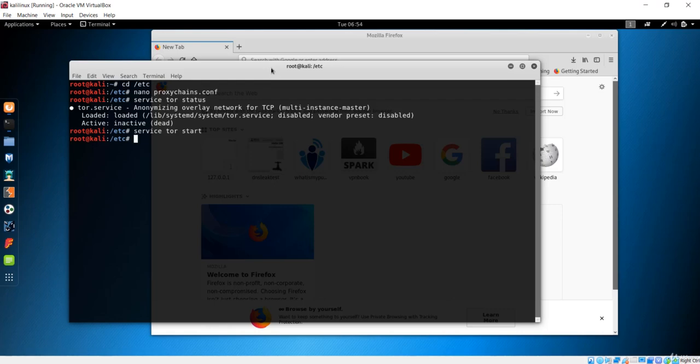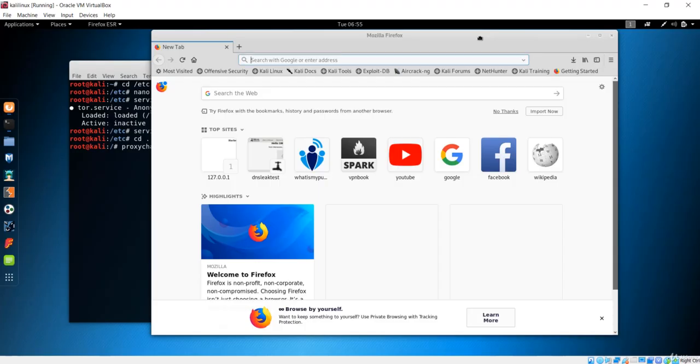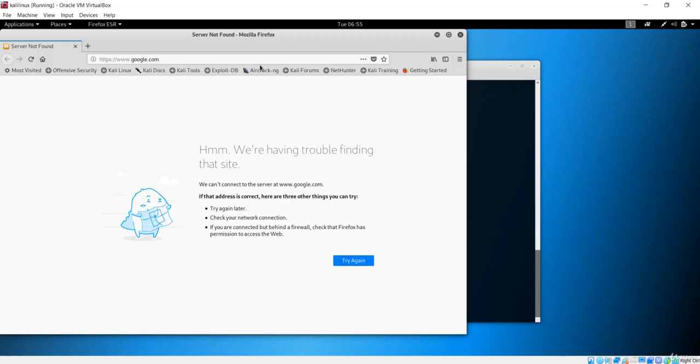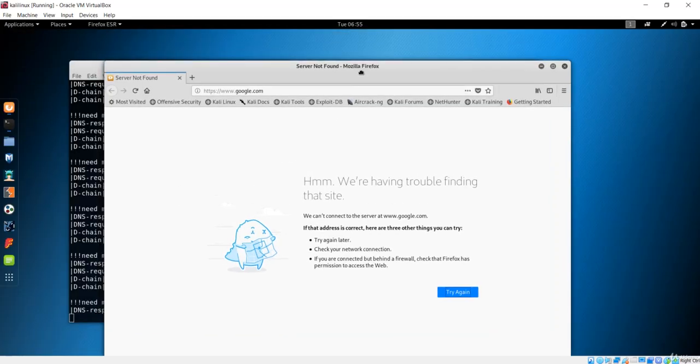Now the next thing you need to do is use the proxy chains. Let's see how we can use them. In order to use the proxy chains, we have the command proxychains firefox. Let me have internet access with this proxy chains. Before doing that, let me close this Firefox running over here. I want to surf some website with this proxy chains from the Tor network. So I have to give some information. Let me say I want to go to google.com, and if I hit enter, it is going to work and give us the information.